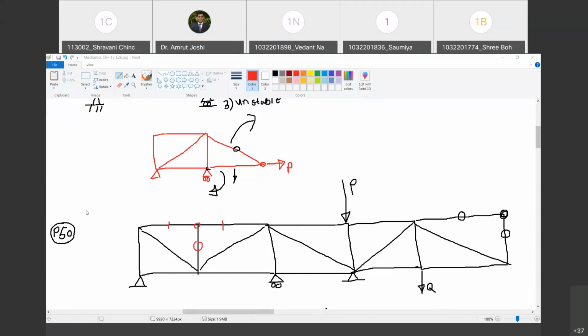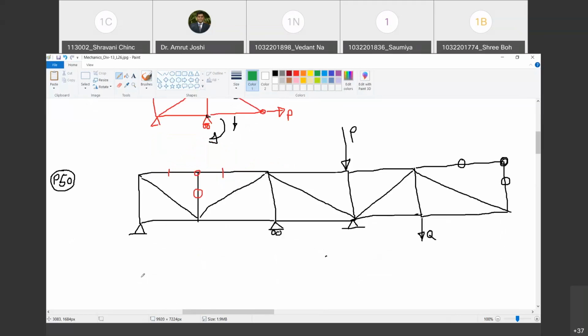And now where can we apply rule number 3? What does rule number 3 say? If at a joint there are 4 forces. तो अब जरा देखो इस joint की free body diagram अगर मैं बनाता हूँ तो क्या यहाँ पे 4 forces होंगे? Yes, देखो sir. 2 forces from these members and 2 reactive forces. Let me call this joint as A. In that case, this will be vertical reaction at A and horizontal reaction at A.